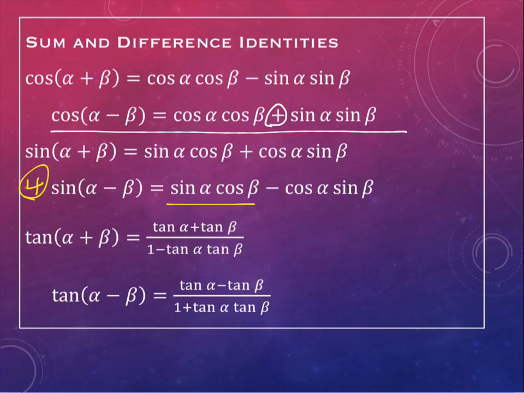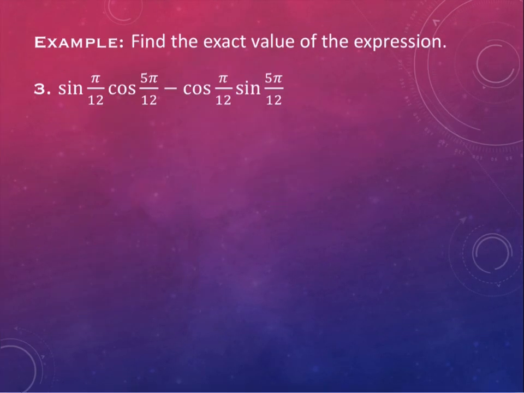I've got sine, cosine, cosine, sine, with subtraction in the middle. This is the formula that matches the form of the problem I'm working with. What it says I need to do is take the sine of the two angles subtracted: first angle minus second angle. So over here, I'm going to have the sine of the first angle, pi over 12, minus the second angle, 5